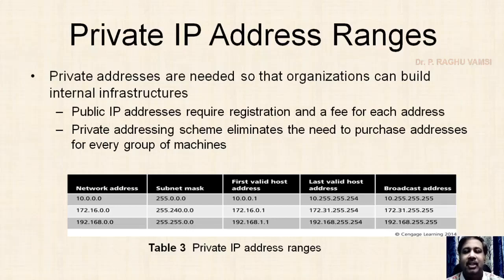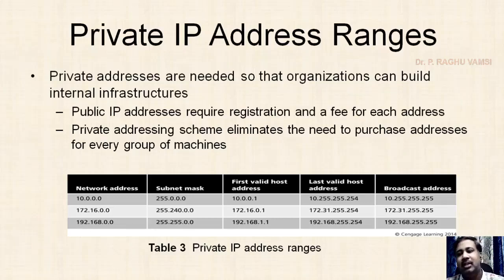So public IP addresses are very limited. Whenever you receive a public IP address, for example, our university takes its internet service from BSNL. BSNL may give us maybe 10 or 15 public IP addresses. But those public IP addresses are not sufficient to provide internet services to all computers and devices in the university campus. So what you are supposed to do is either use the NAT service, or convert into local private addresses.